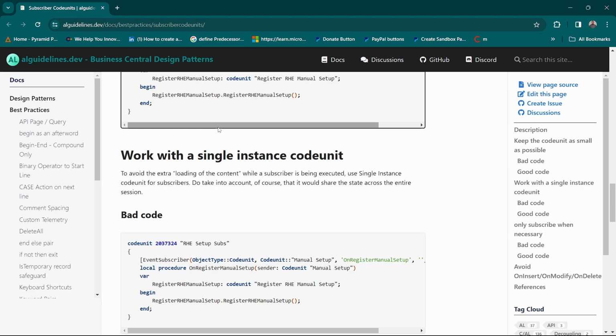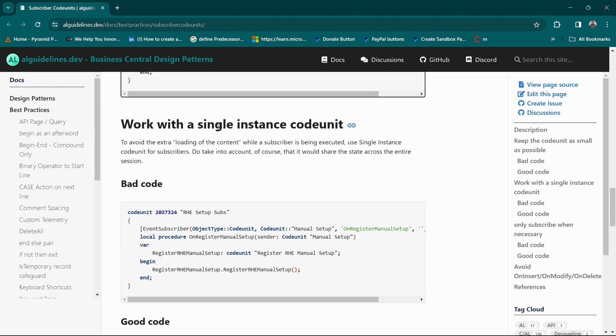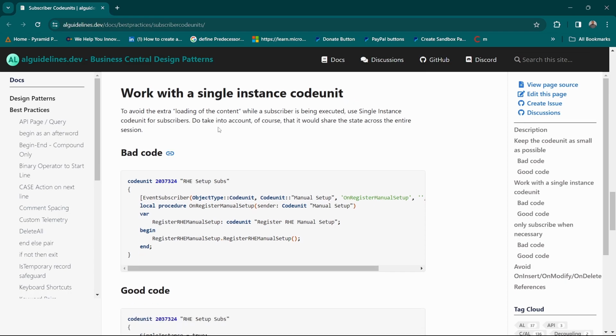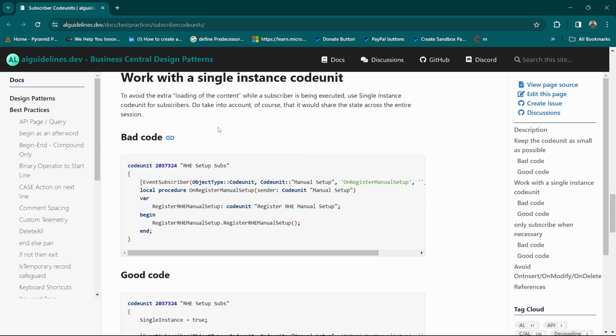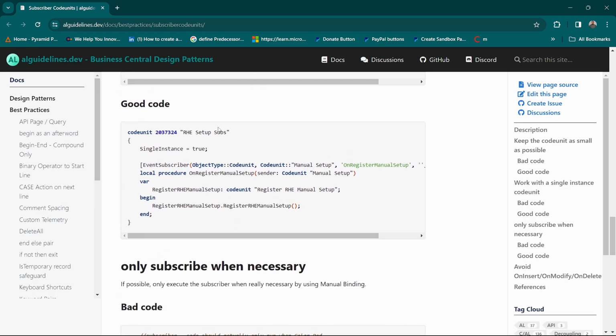This is a property of the code units. When you say the single instance is true, we avoid the extra loading of the context while a subscriber is being executed. Use single instance code unit for subscribers, but remember it will retain the state across the entire session. I'll share a link on single instance code units if you want to learn more about it. But in a nutshell,